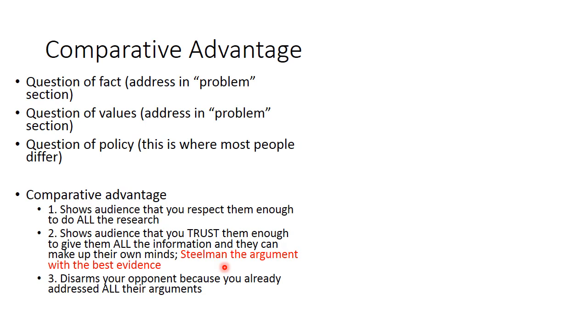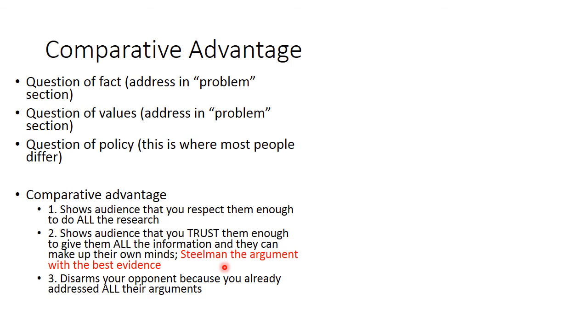If your audience leaves the auditorium and then they later find out that you misled them, you omitted some facts, you didn't present the best argument for your opponent, then your audience feels misled, and they're not likely to trust you, and they might start to distrust all the other information you gave them. But by giving them all the information, you build trust with them, so even if they disagree with you, they think that you're arguing in good faith, and you can keep a good open line of